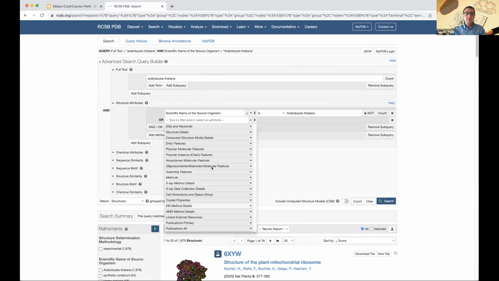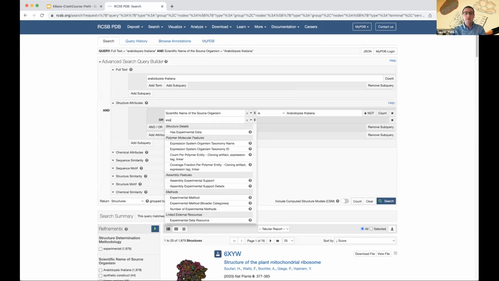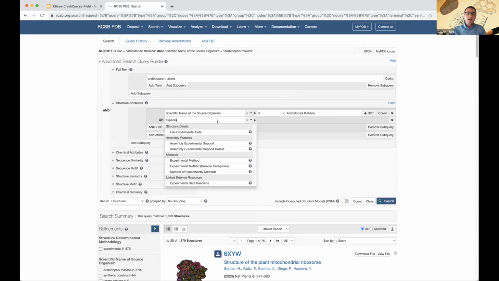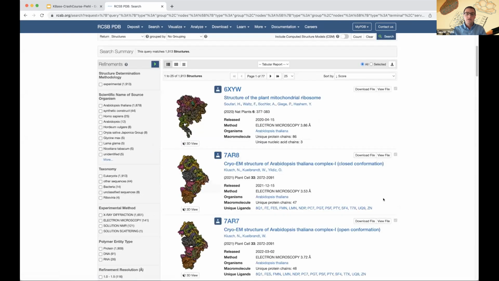And obviously this is quite extensive and it might be difficult for you to manually go through every single one of them, so you can always just start typing it in. You can just type experimental, and you'll see that experimental method would show up. You can click that, and we know that the method was electron microscopy. And if we hit search,